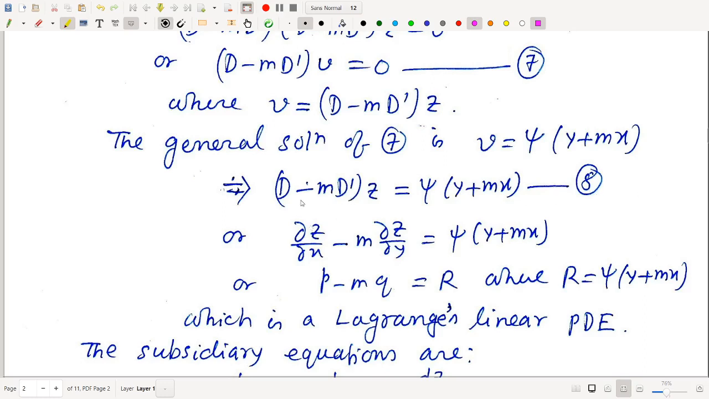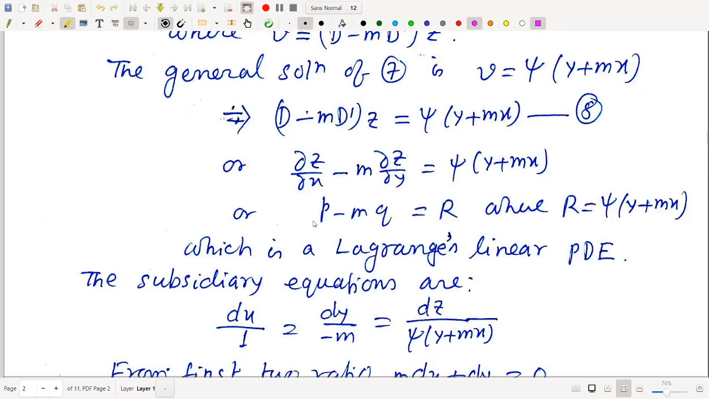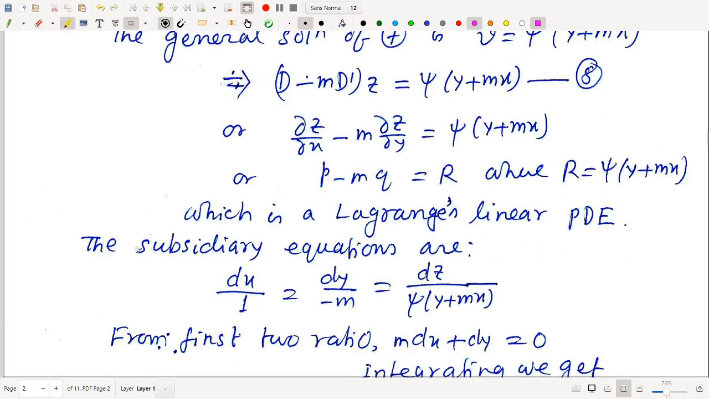This is del z by del x, D means del x, D dash means del y, so del z by del x minus m del z by del y equals psi of y plus mx. It can be written as p minus mq equal to r, where this time r equals psi of y plus mx, not 0. This is again a Lagrange's linear PDE of first order, and the subsidiary equations are dx by p,